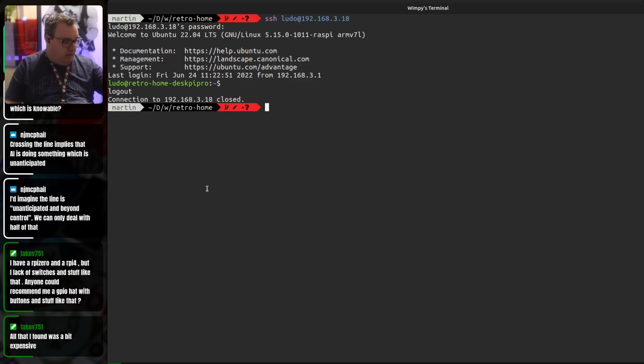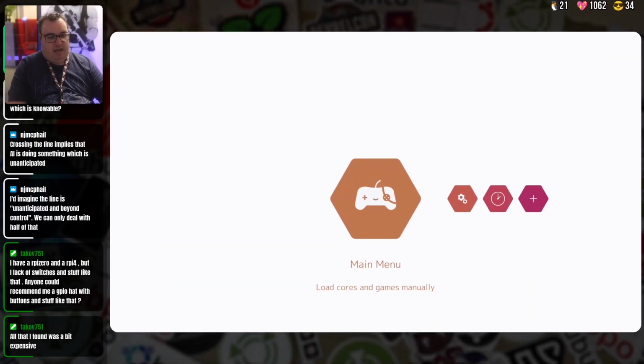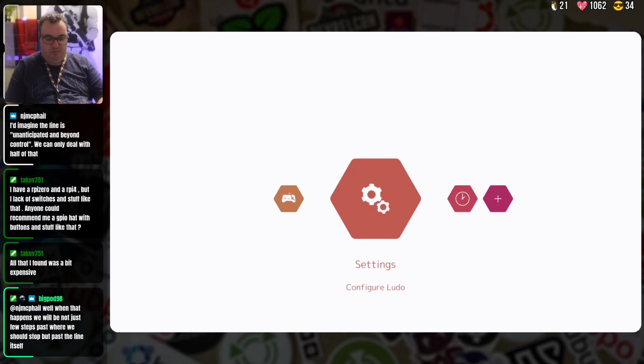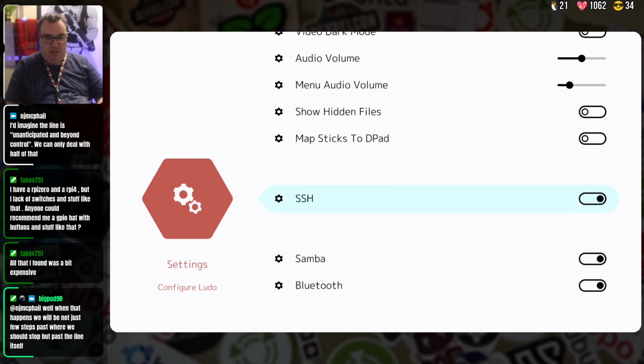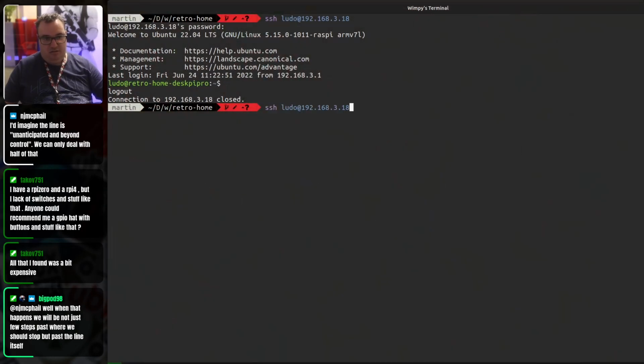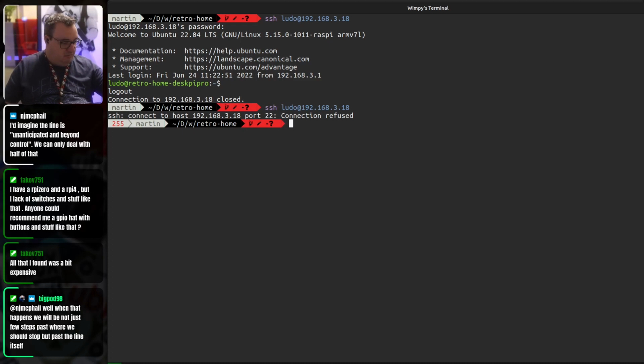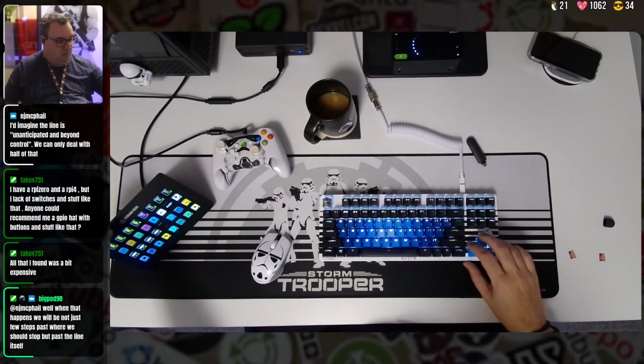In fact, we will go back over here, and this is running under the Ludo account, not the root account, which was one of those important fixes. So now I should be able to go in here, turn off SSH in here without being a root user. And now when we come back to here and I try and log in, I can't. So this is working exactly as designed now, or intended rather than the,